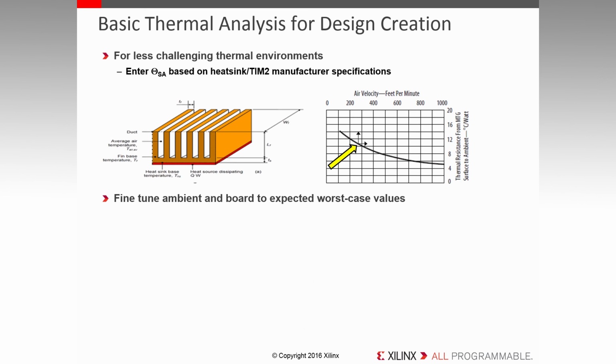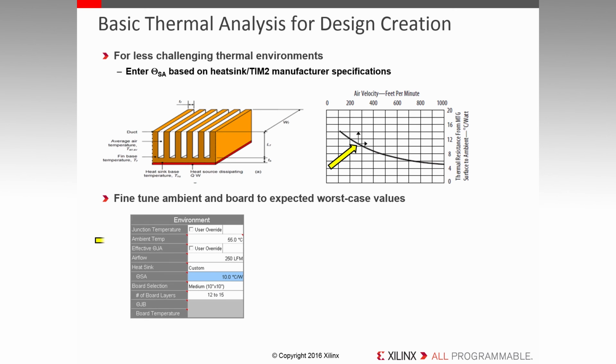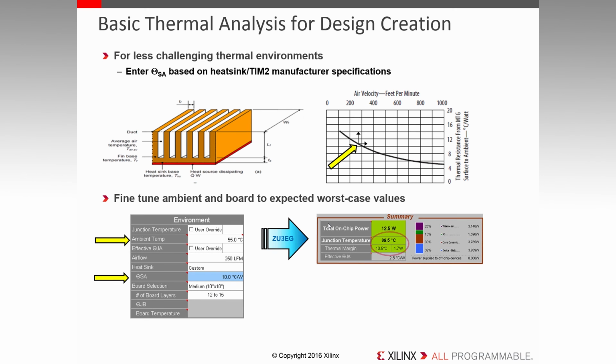Typically, these numbers are based on JEDEC standard values and vary according to the real system environment. For initial analysis, we can use the same number for now. Also make sure the ambient temperature and board settings are adjusted too. Observe the estimated junction temperature by XPE and make sure it is not close to or above maximum device operating